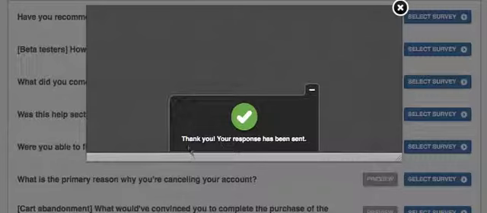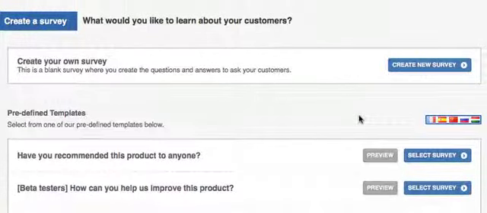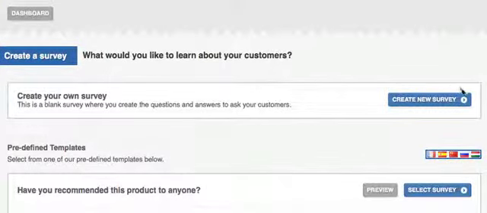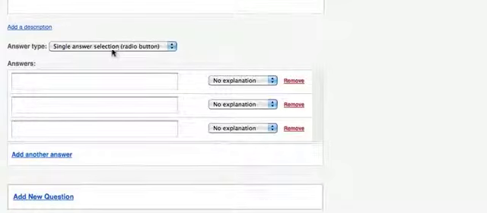So you can have it say a custom message, or this is where you can put a call to action button and actually have your call to action button on this thank you for your feedback area. So that's how you preview the surveys. And once you have been using the service for some time and you want to take it a step further, then you can click on create new survey, and you can put in your own types of questions